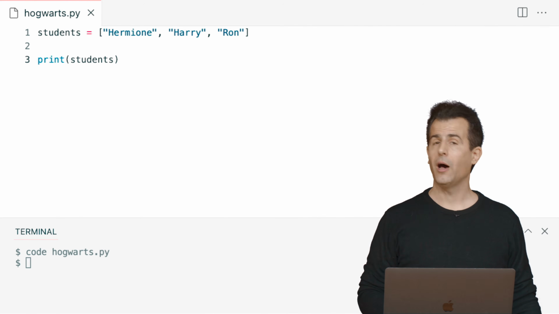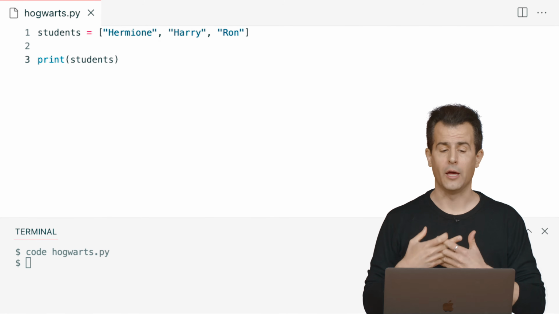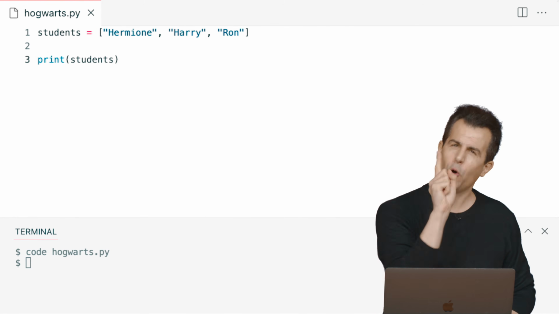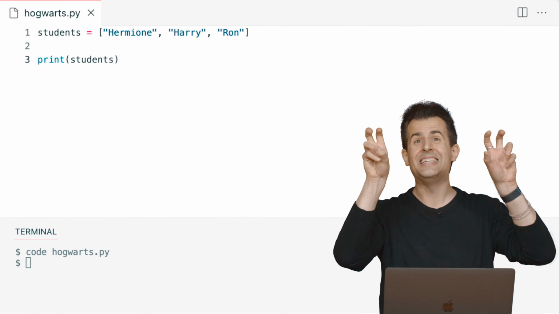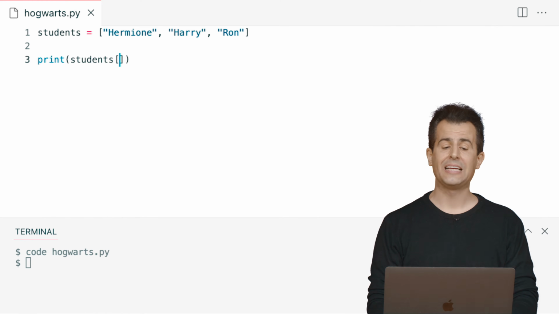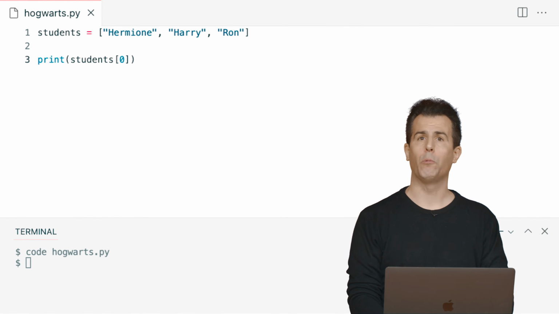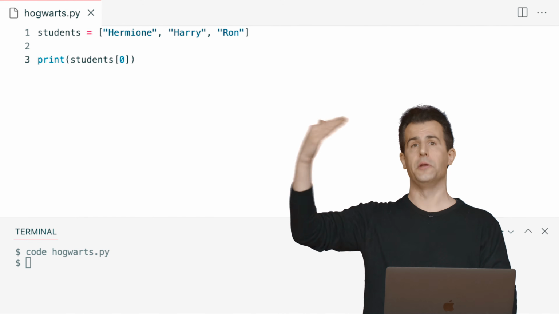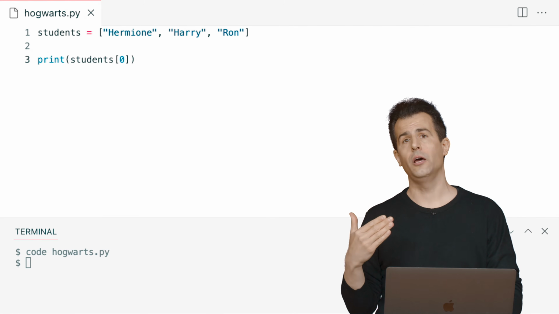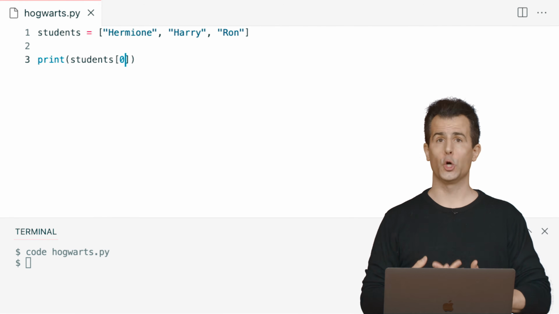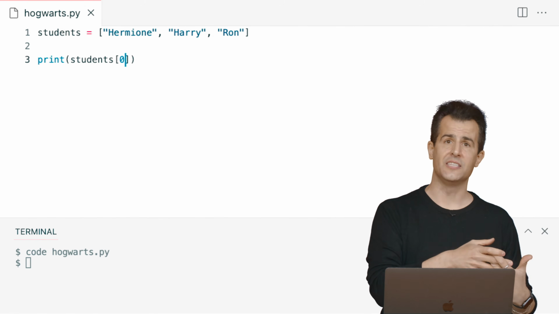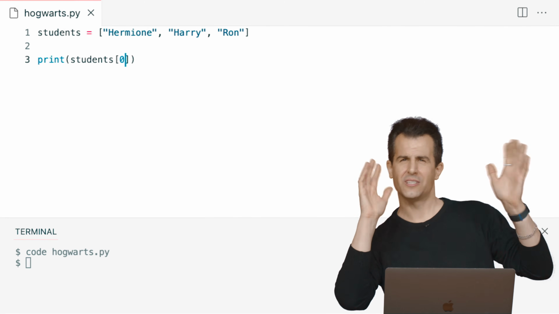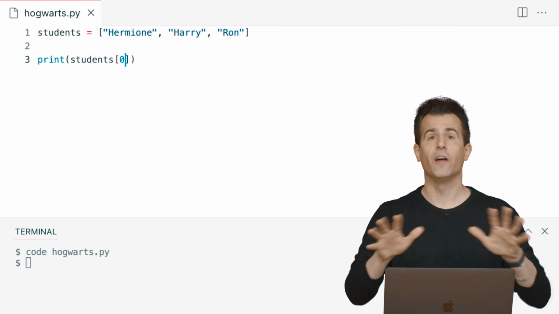And the way you do this in Python is you use square brackets in another way. If you have a variable, in this case called students, and you want to go inside of that variable and get a specific value, that is to say you want to index into the list, you use square brackets this way using numbers inside of the square brackets. And here's where we see that it is useful to think and count in terms of 0 on up instead of 1 on up. These lists in Python are, shall we say, 0 indexed. The first item in a list is at location 0. The second item in a Python list is at location 1, and the third is at location 2. So you're always kind of off by 1 mentally, but you get used to it over time if you've never programmed before.